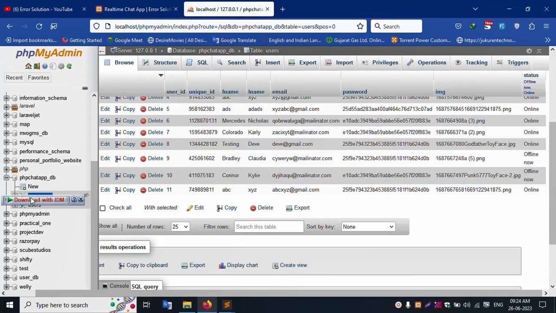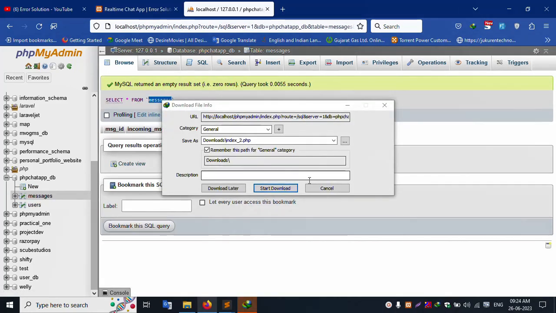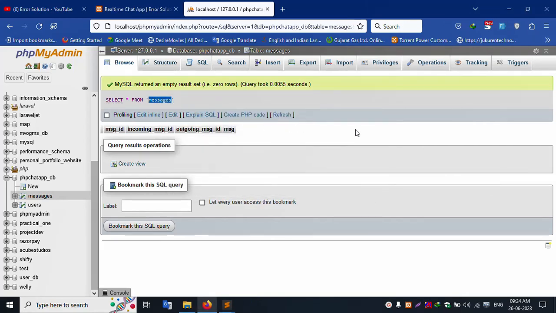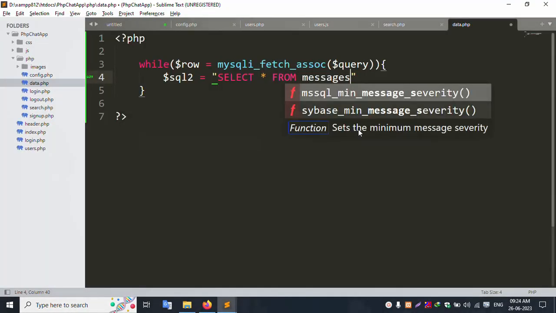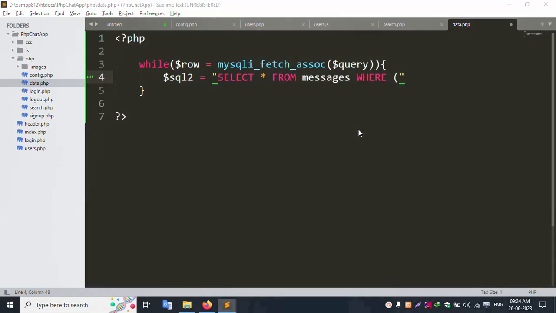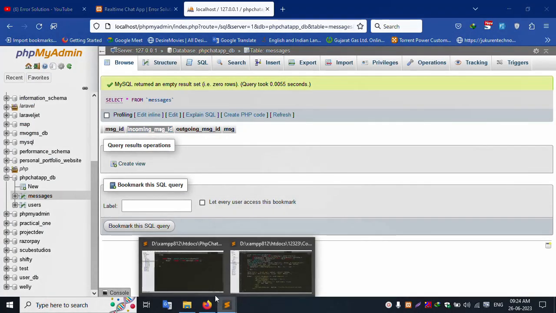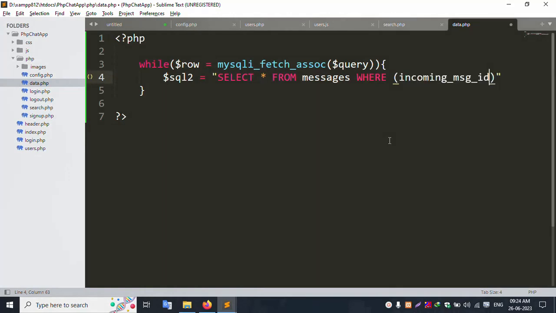Copy message table, close this message table, copy name and paste here, where incoming ID, incoming message ID successfully add is equal to $row